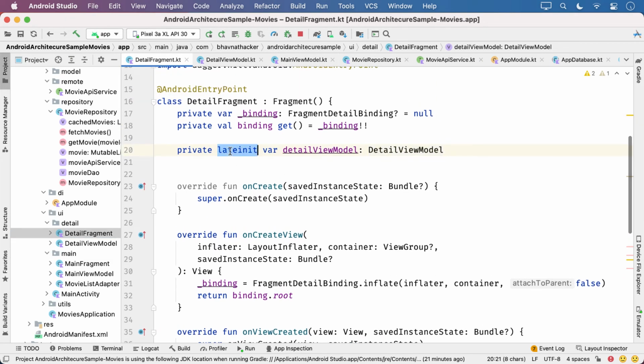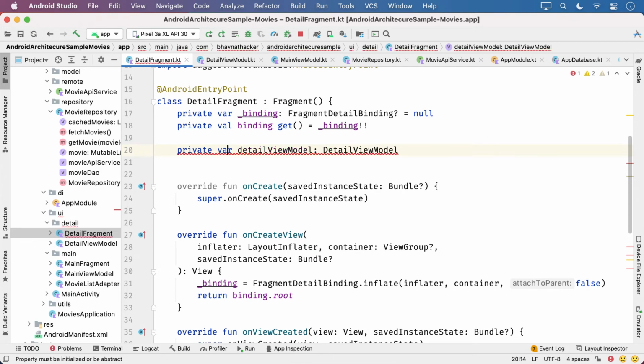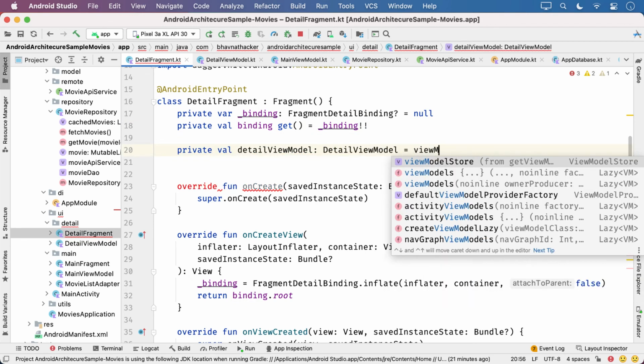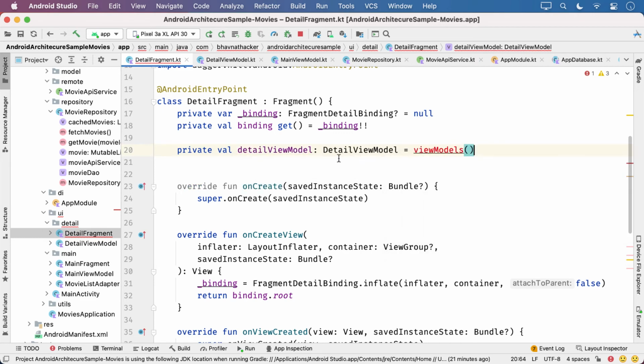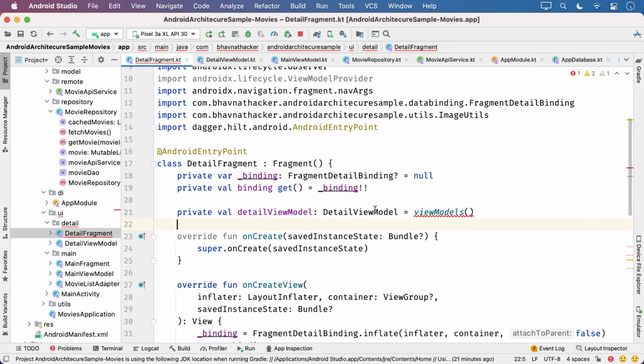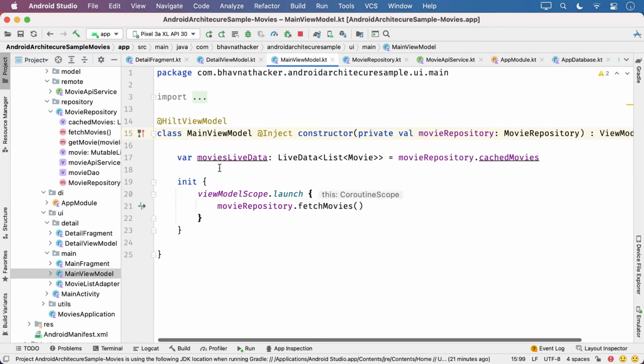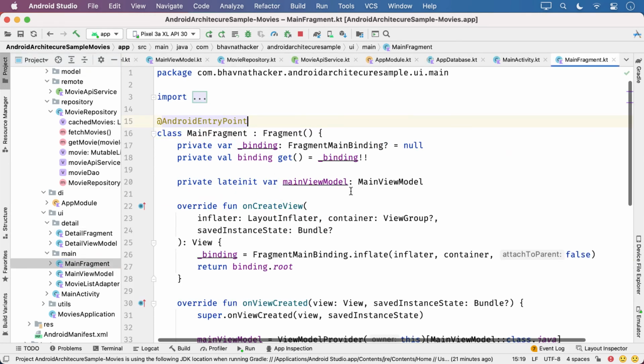Here instead of private lateinit var, I'll say private val detail view model equals to by viewModels. And the same thing you will do in the main fragment.